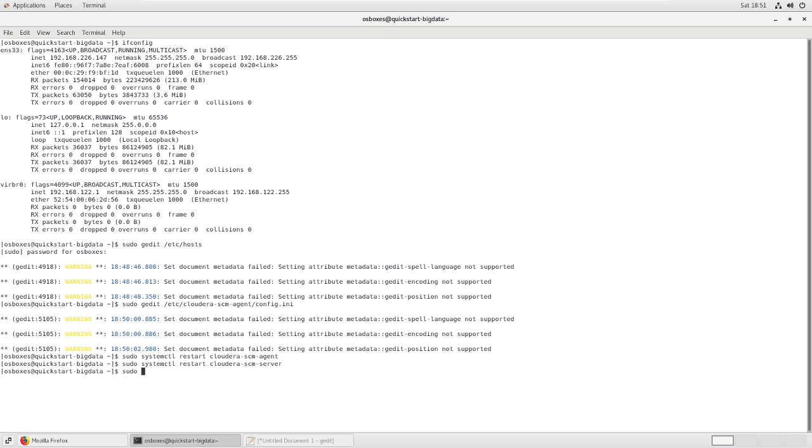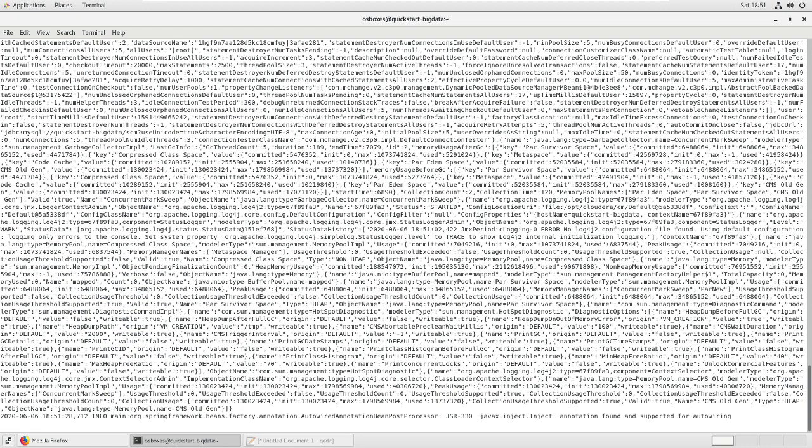Now sudo tail -f /var/log/cloudera-scm-server/ cloudera. So we'll have to wait till we find what do you call it, started Jetty server.